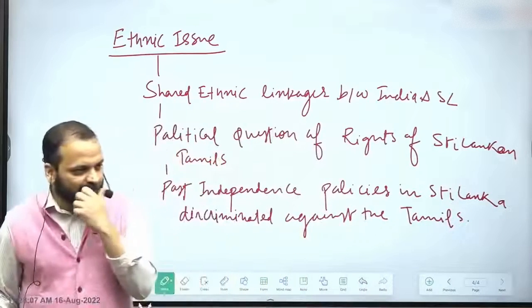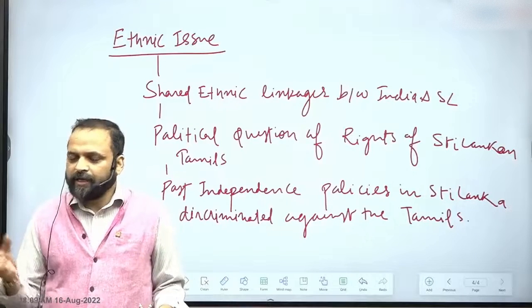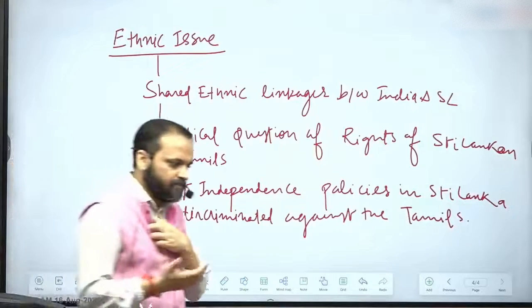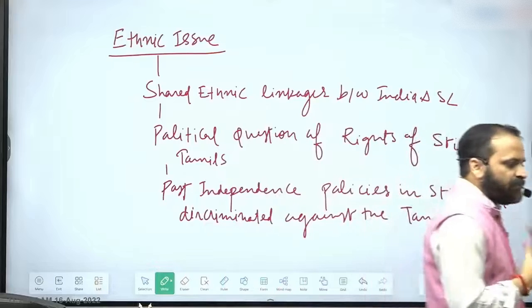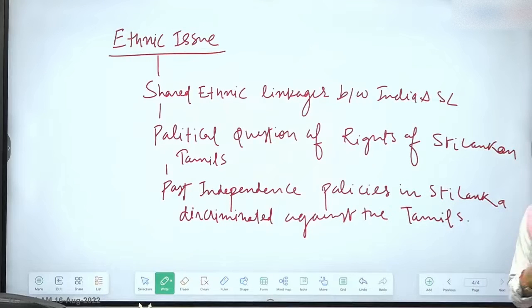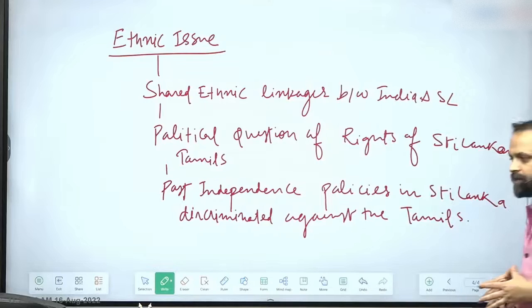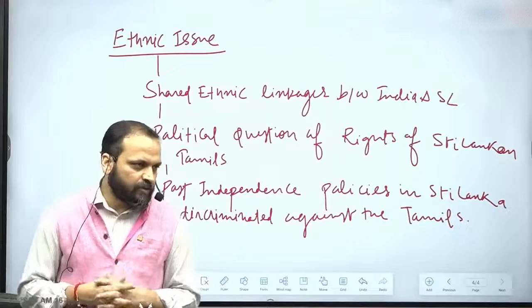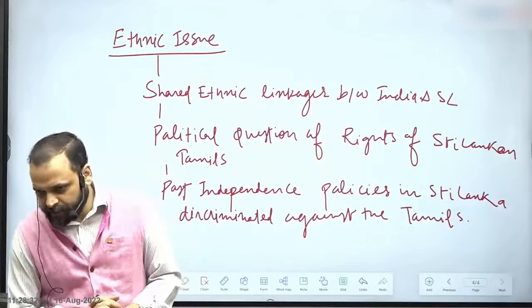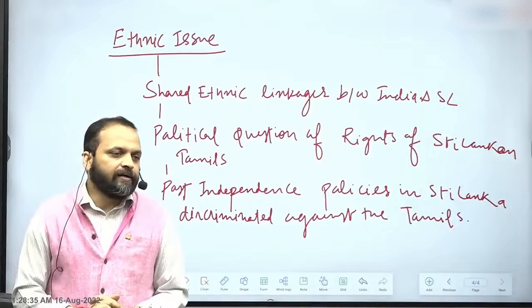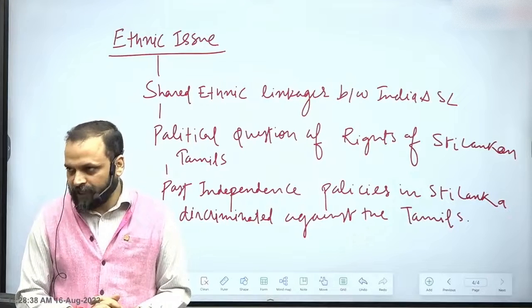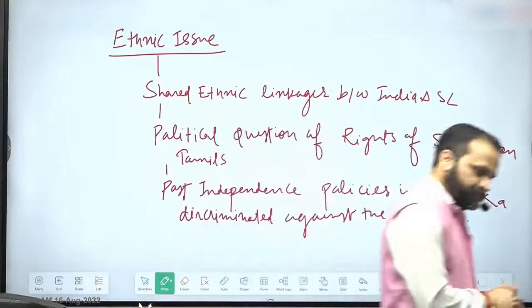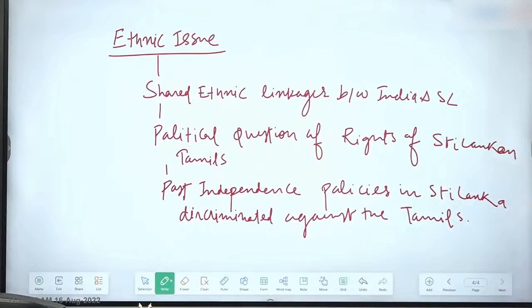So when Sri Lanka became independent, its majority Sinhala leadership put in place certain policies as part of their own nation building project, and some of these policies were seen to be discriminating against the Tamils. Tamils felt that they are being discriminated against. For example, limiting the voting rights or representation of the Tamils in Sri Lankan politics, disenfranchisement of the Tamils. And second, the Sinhala Only Act, or the language policy of Sri Lanka, which discriminated against the Tamil language. Alright, 1954 Sinhala Only Act.